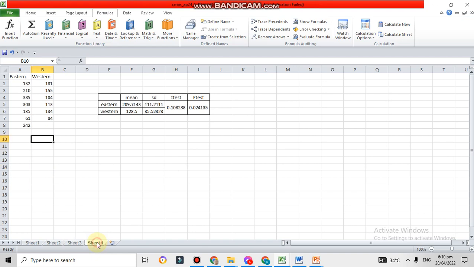Then for the last problem, you can see that using the t-test, there's no significant difference between the two means. But using the f-test, there's a significant difference because the f-test p-value is less than the 0.05 level of significance or margin of error. Okay, so take note, if you have a lower standard deviation, that means the members of